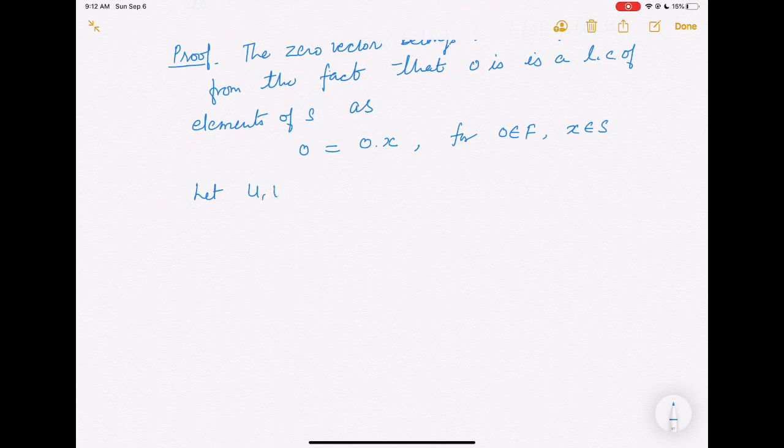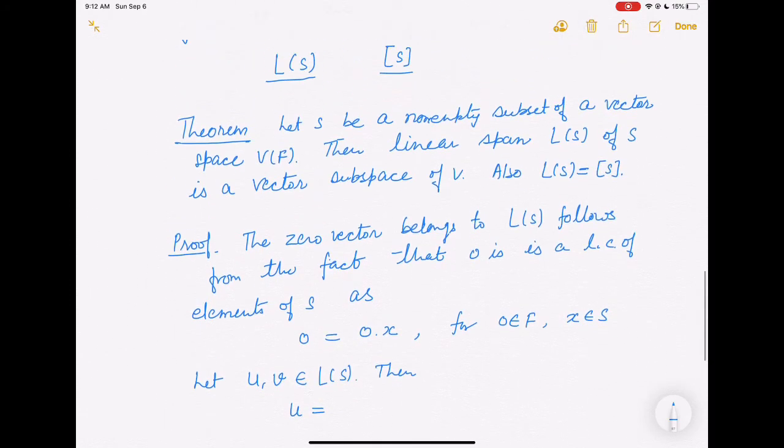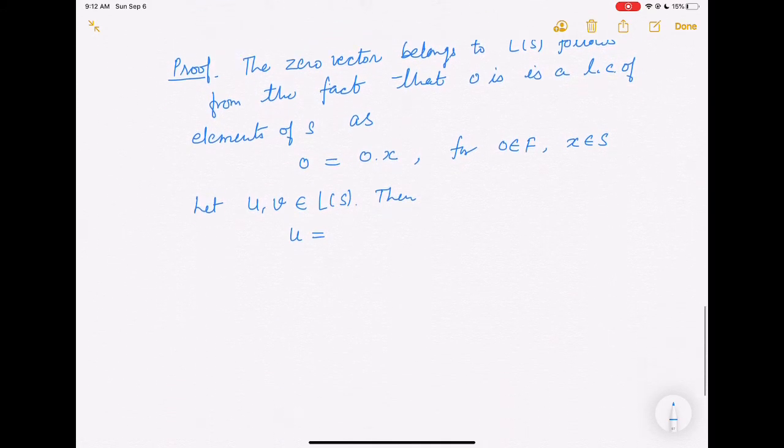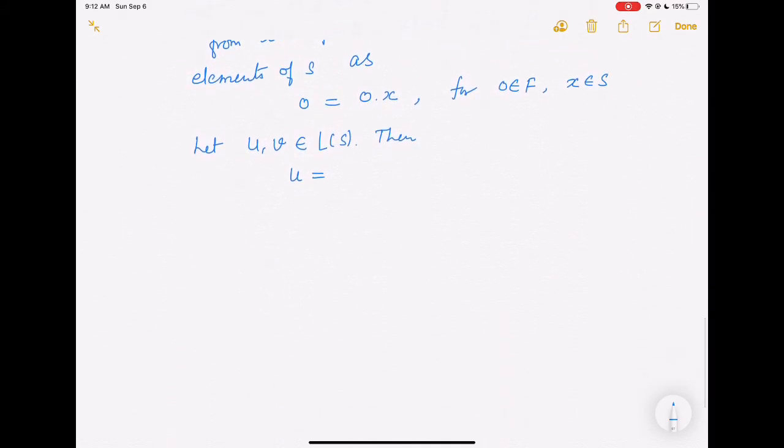Let u and v be two vectors that belong to L(S). Then u is a linear combination of elements of S. So u may be written as a1 u1 plus a2 u2 plus ... plus an un,